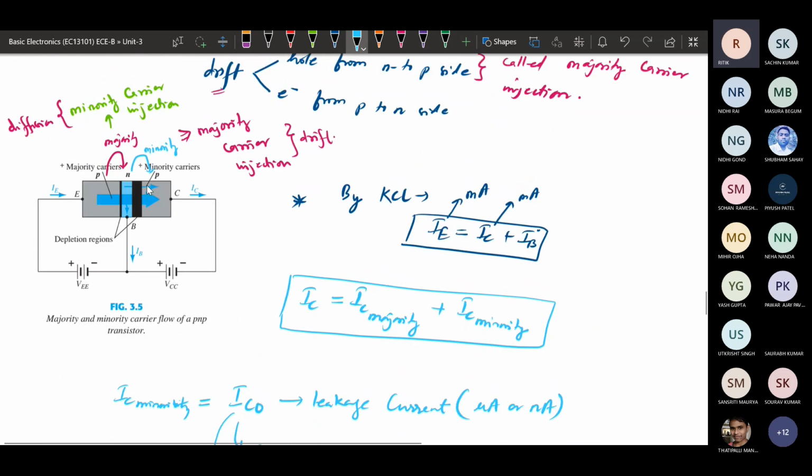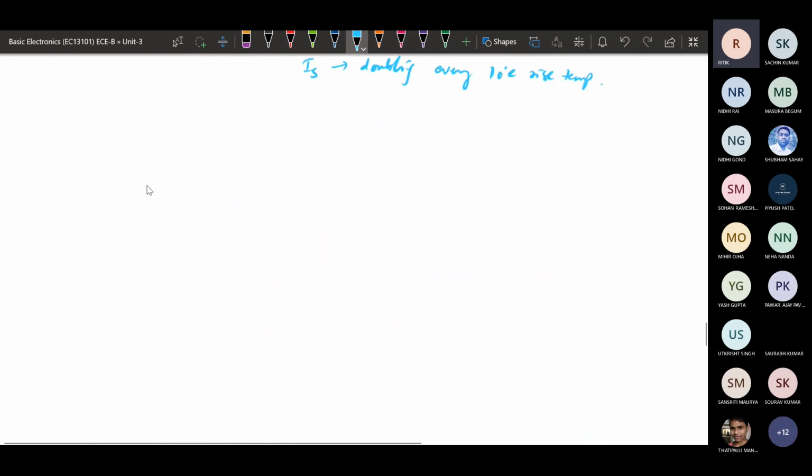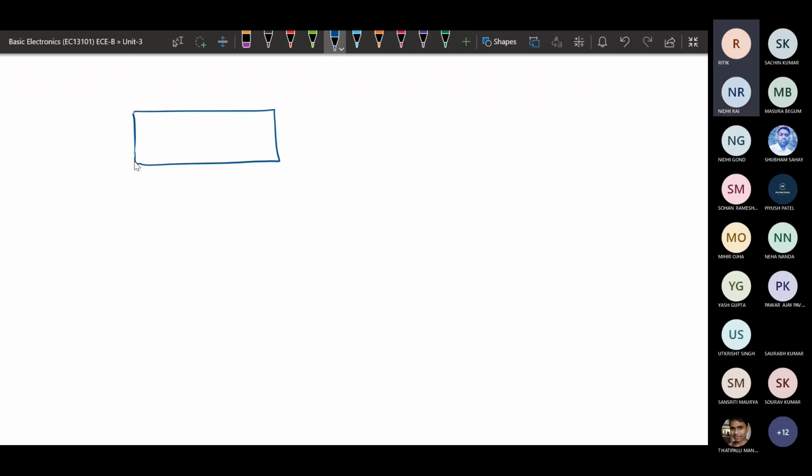We can just summarize the transistor operation. One way is like this: here we have forward bias and this is reverse bias.